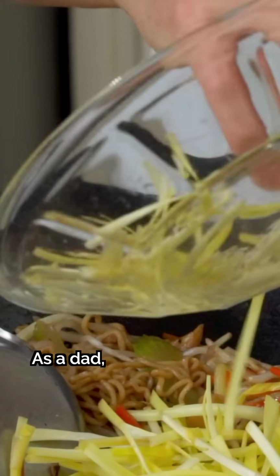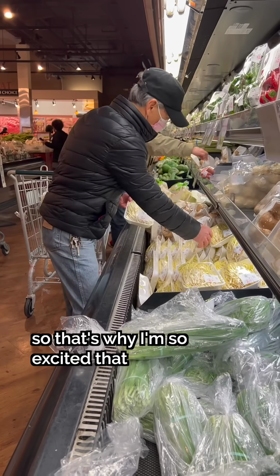As a dad, it's important for me to pass these traditions down, so that's why I'm so excited